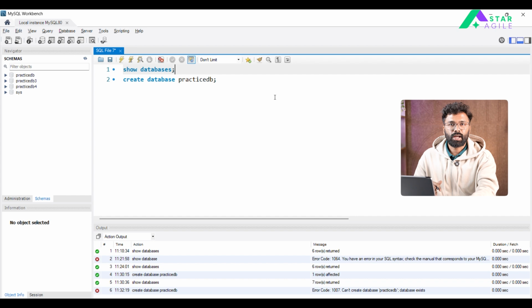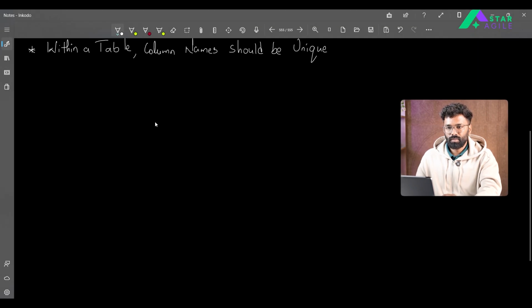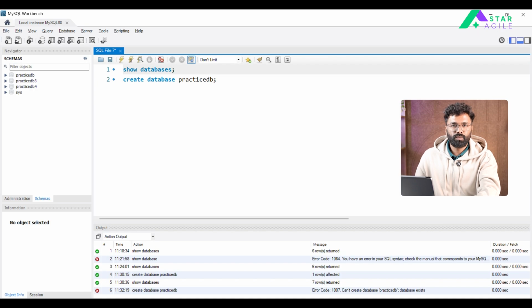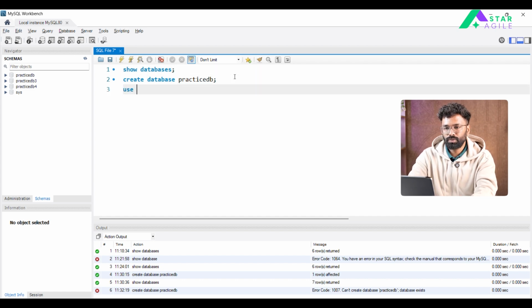Here also there is a syntax we need to follow: use and the database name. Whatever database you want, enter that particular name here. The database we created is PracticeDB, and if we want to use it, I'll go to the next line and write the command use